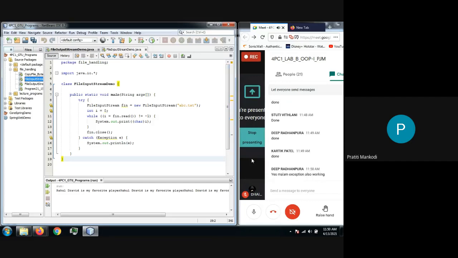Great then, very good Deep. So exception should come if you are trying to open a file in read mode which does not exist. This will not happen if you are opening the file in the write mode. That you have to remember. Now I'm waiting for a minute so that everyone can acknowledge me here whether they are getting the error. Anybody getting the error?